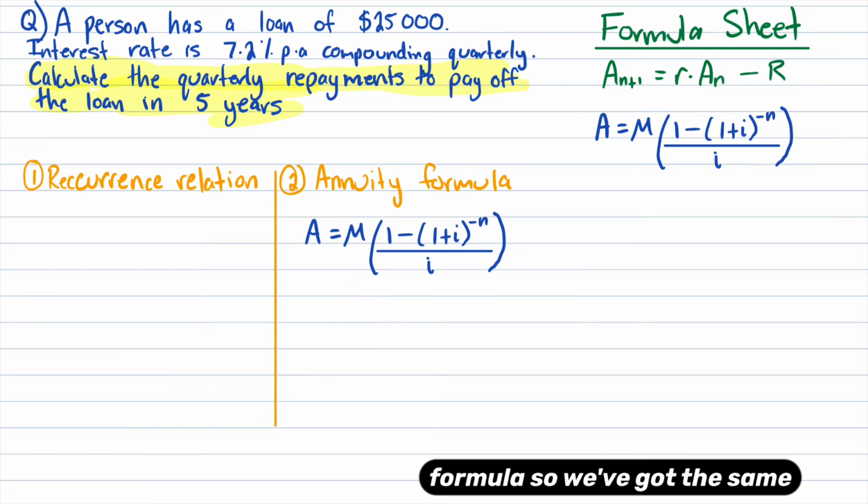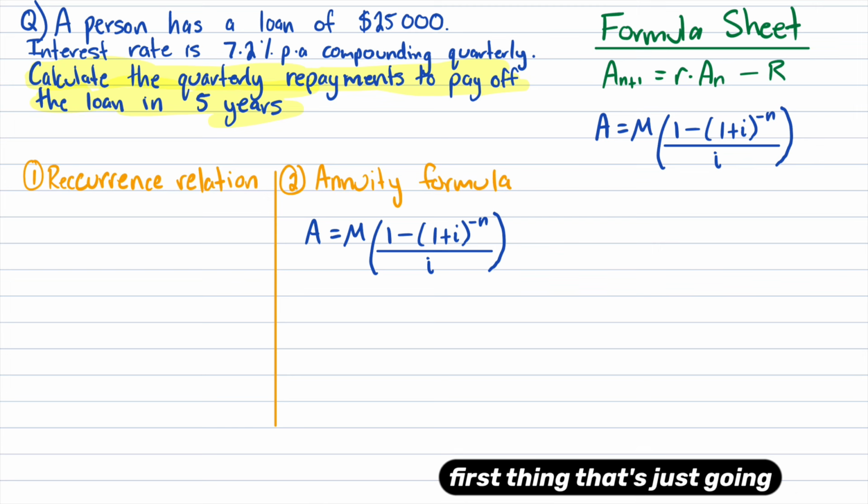Now I've changed the question a little bit so that we have to use the annuity formula. We've got the same start: a person has a loan of $25,000. The interest rate's still 7.2% compounding quarterly. We need to find the quarterly repayments to pay off the loan in 5 years. Because this is a long-term situation,